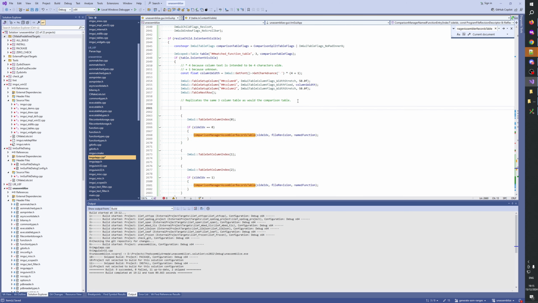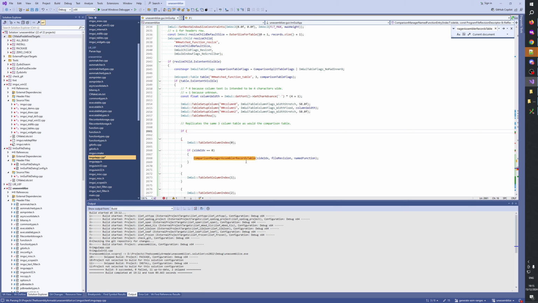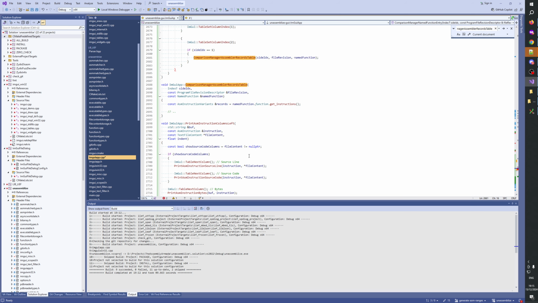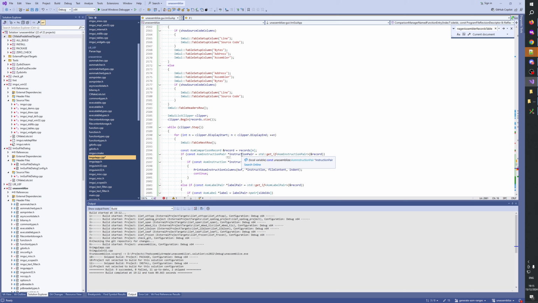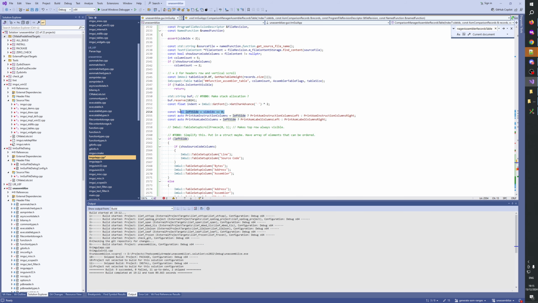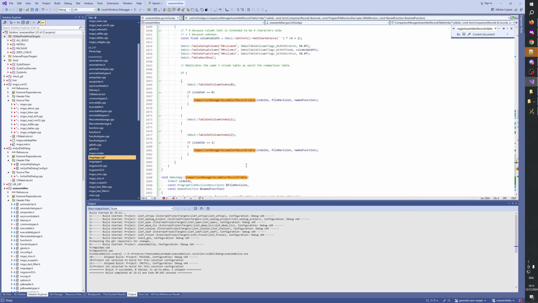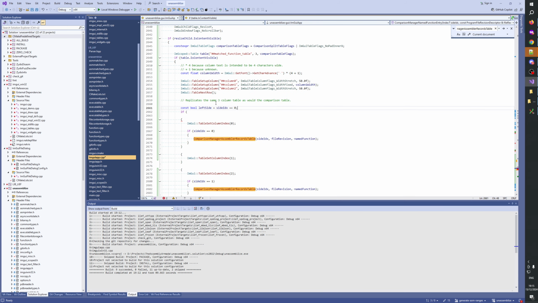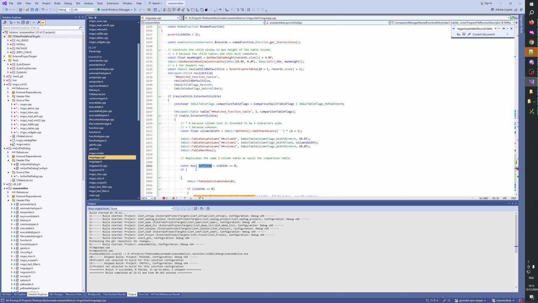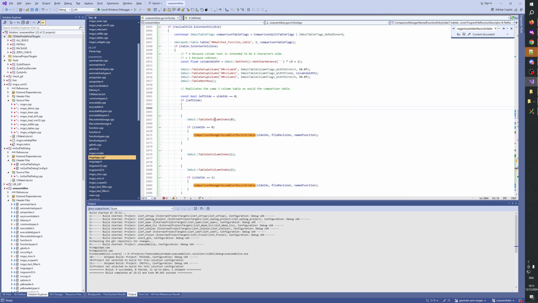Well, how about we do if const left side, if left side, then